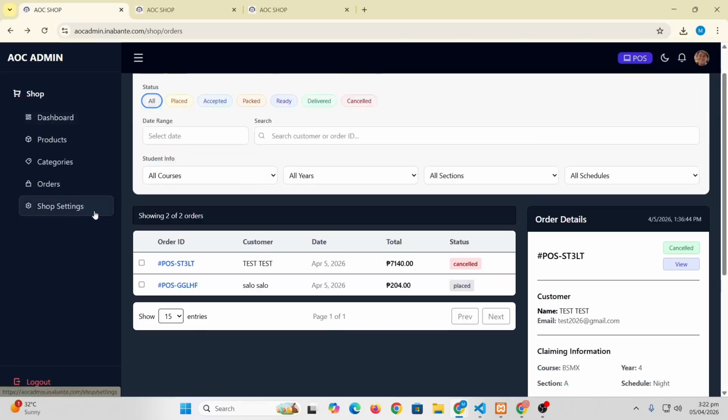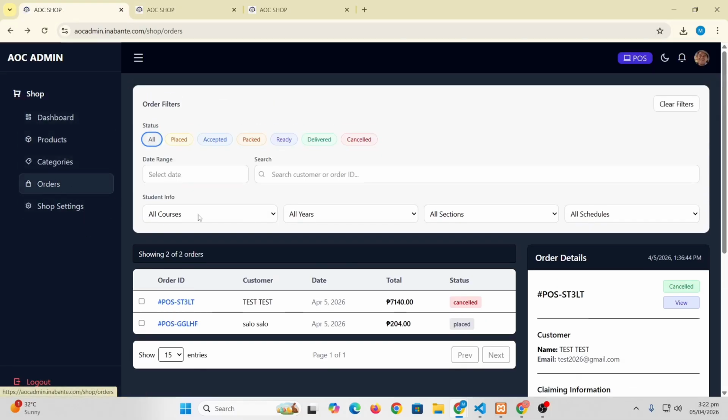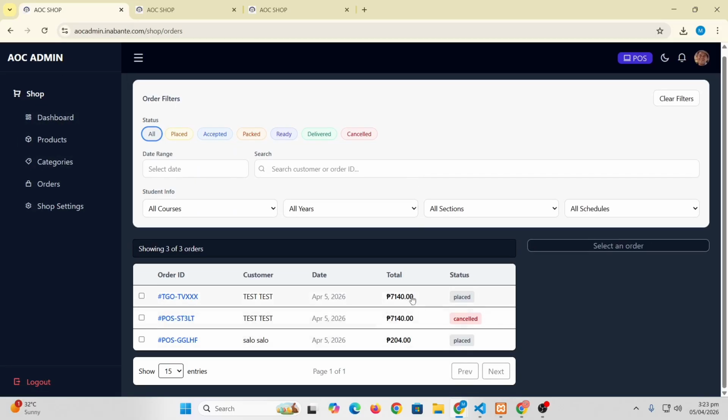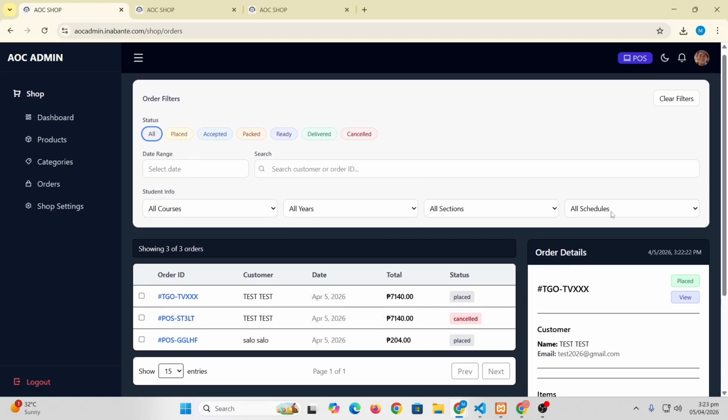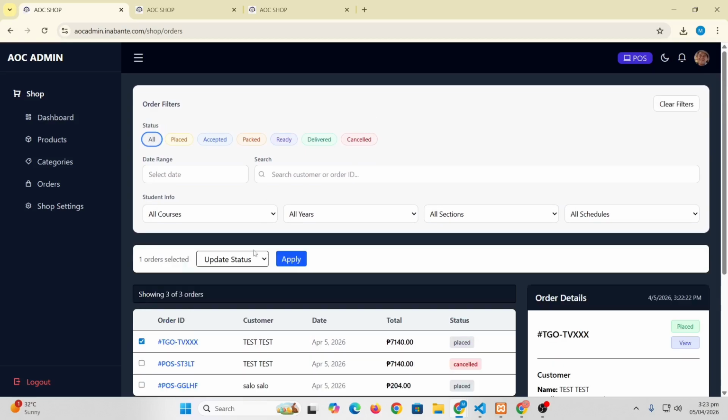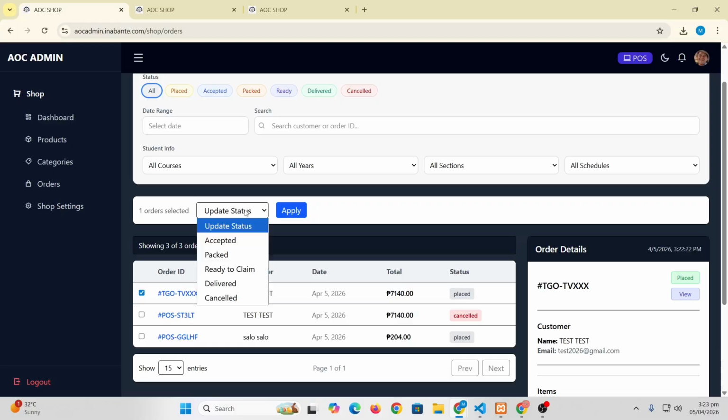So right on our admin, in orders, as you can see, I have already the orders. Let me just click this. So test. And we wanted to accept this order. If we select this checkbox right here, a status will be displayed. I will update it into accepted.